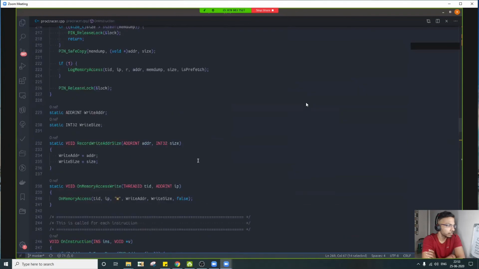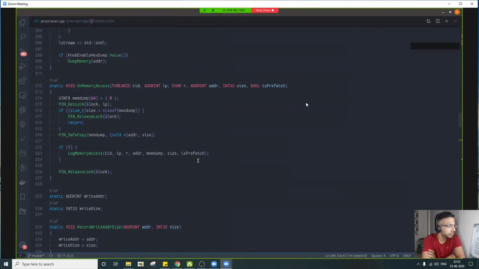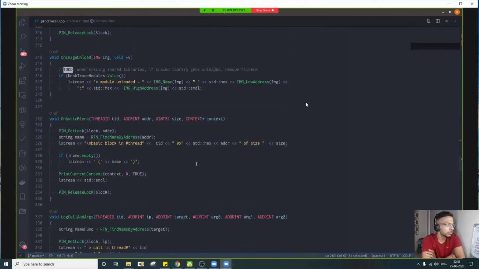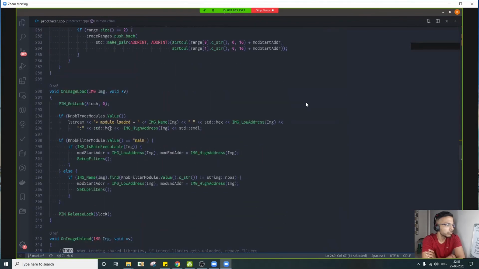Okay, and most of the other code is fine. One more thing: on module load, we are printing activity as well as setting up the filters. Filters are whatever offset filters we have passed as command arguments in order to strip down our analysis to only particular code blocks.